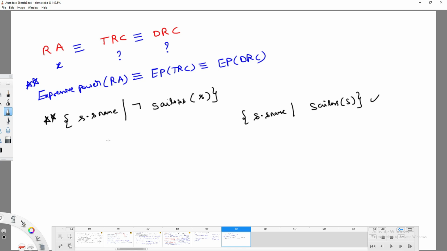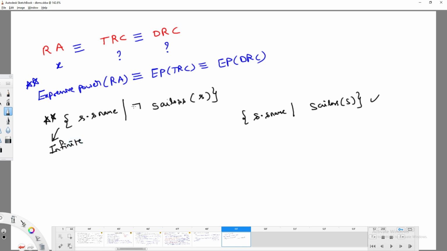What is the meaning of this one? I don't want to get all the sailors. Instead, I want to get all the remaining things, right? All the remaining things means how many? It's not zero, right? It's a universal set. As we're trying to think about formal language, it's a kind of universal set, right? In universal set, if you are going to remove sailors, what about the remaining meaning? All the remaining people who are not sailors. Meaning that this particular query is going to produce infinite number of rows. Infinite number of rows, right?